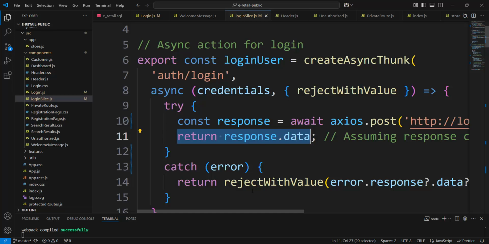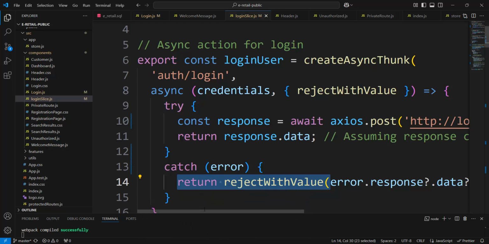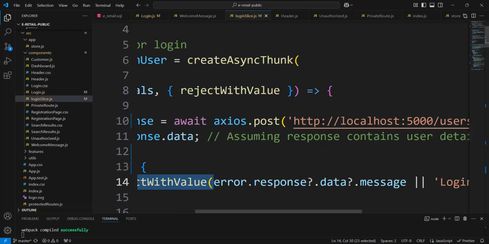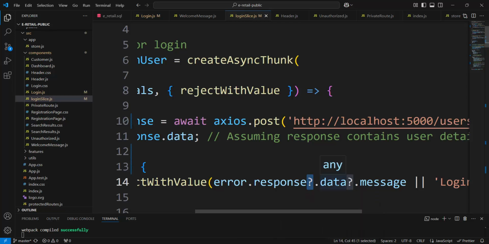If there is an error, this function, reject with value, is used, and the parameter of that function is error.response?.data. It is a deep message with deep properties, and for that we use